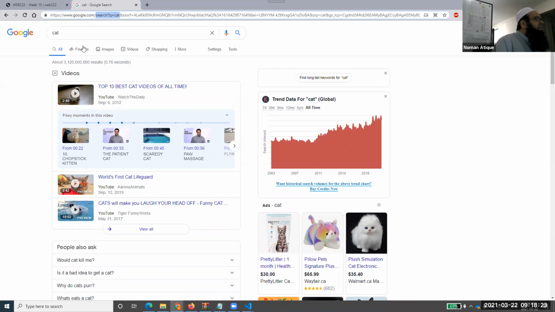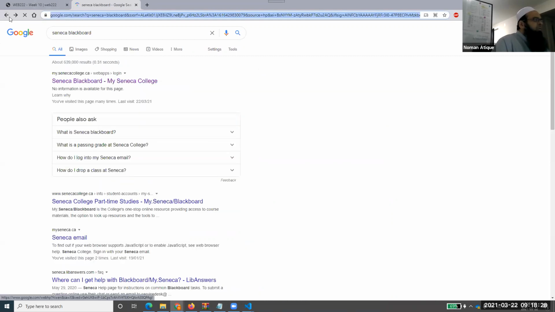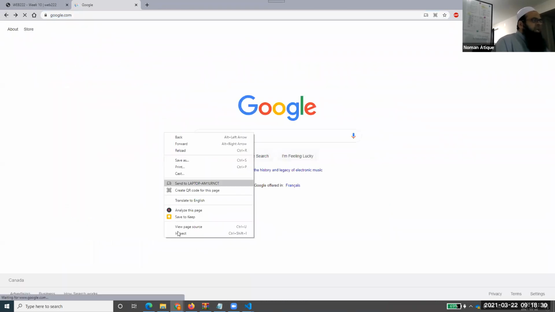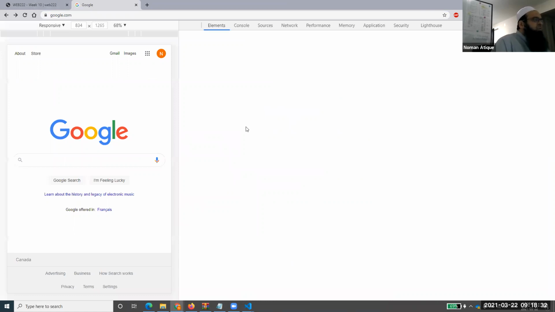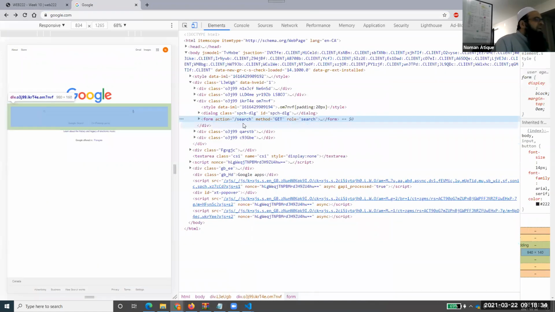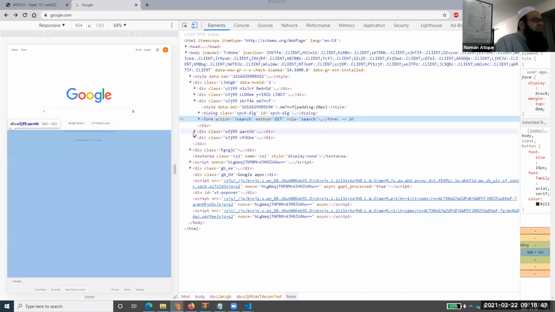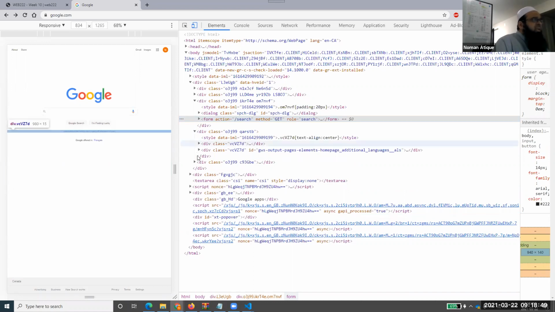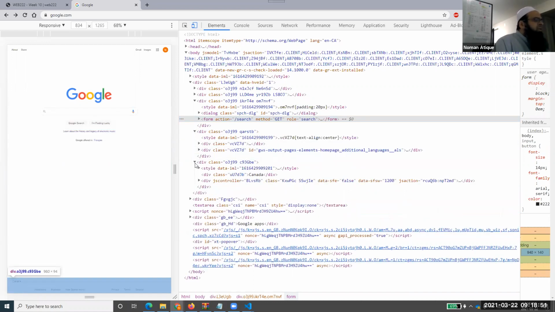Google is using, if I go back to the Google search, this form, and it is sending its data to the search page. There will be some search page for Google, and the method they are using is what? Get. They are using the get method over here. And there are lots of other things that you can see here. For example, there are certain fields and certain styling being applied over here.